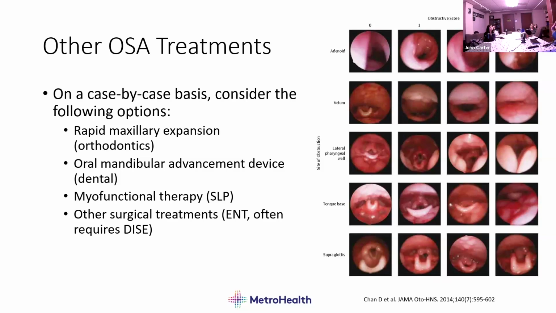That's standard of care in adults before sleep surgery, like before Inspire. But in kids, it's sort of an end-of-the-line therapy to determine anatomic targeting. And what you're looking at here is an example of increasing degrees of obstruction at various points, the adenoids, the soft palate, lateral pharynges, et cetera. So, if you're at your wit's end, you've tried everything else, getting the kid back in with ENT for an upper airway evaluation to determine further surgical management is an option. Okay,